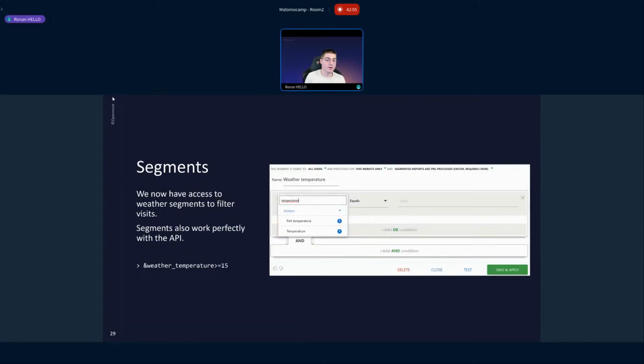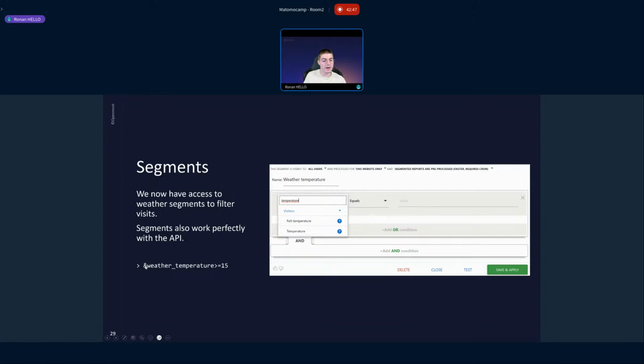Now we have our reports working, dimensions working, and obviously we have segments working. So you can create segments in the UI using every dimension you have. Since the beginning, we have chosen to use the temperature dimension. So you can just search for temperature under visitors and you have the temperature dimension right here. Just select an operator and then define a value like temperature above 20 degrees. Save and apply, and you will have only the visits where the visitors live in a country that, at the moment of the visit, was warmer than 20 degrees.